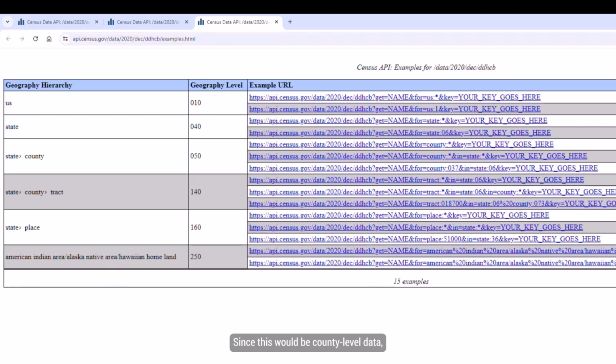Since this would be county-level data, I want to focus on the queries found for geography level or summary level 050. The &4 portion of the query dictates the geography. The first two queries give you data for every county in the US. You can tell that they are going to give you this because they use the wildcard, which is represented by an asterisk. The difference between the two is that the second one spells it out for all counties in all